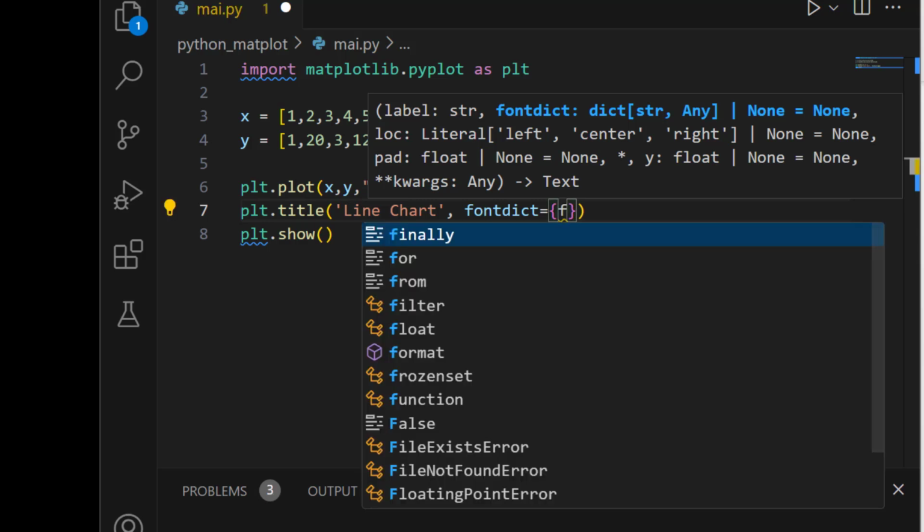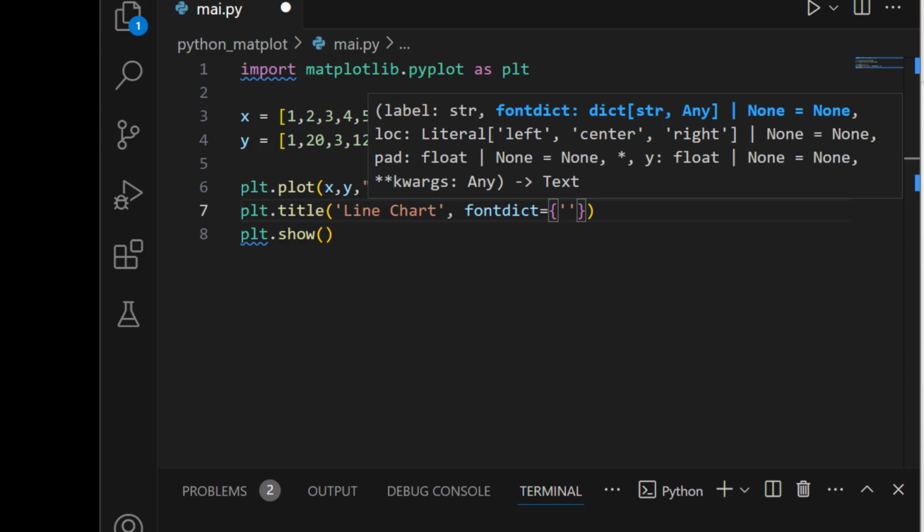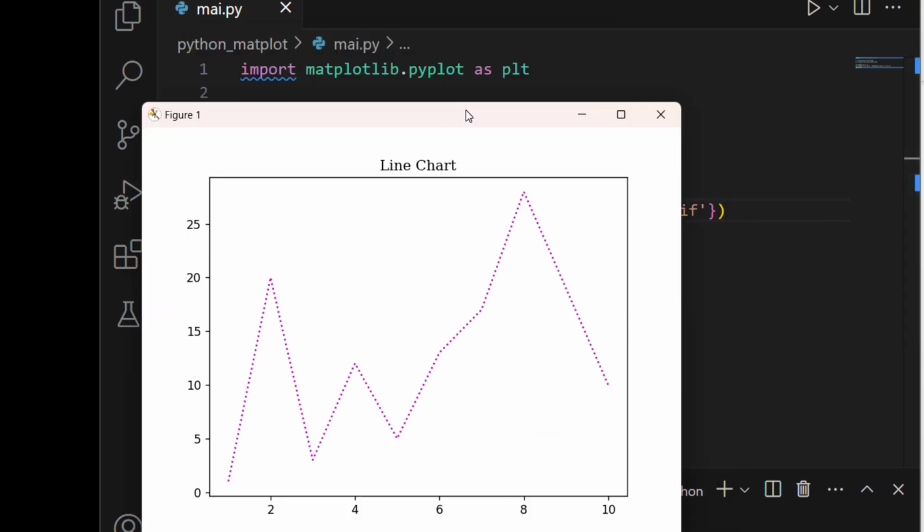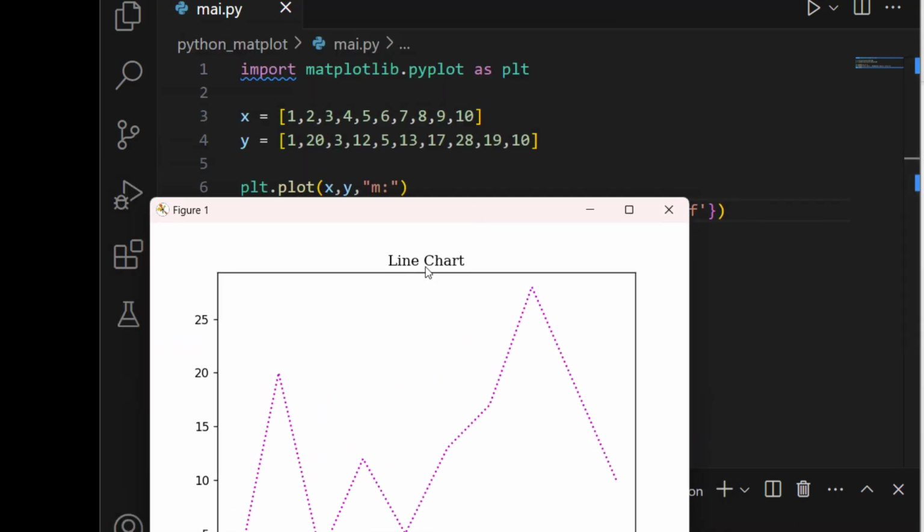Then we can give family, but everything must be inside a string, single quote, family, then a colon, then single quote again, let's say serif. If I save this and run it to see the result, as you can see, the font of the title just changed.